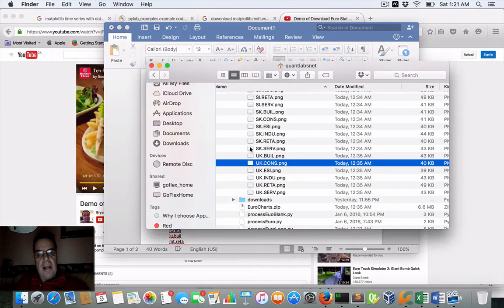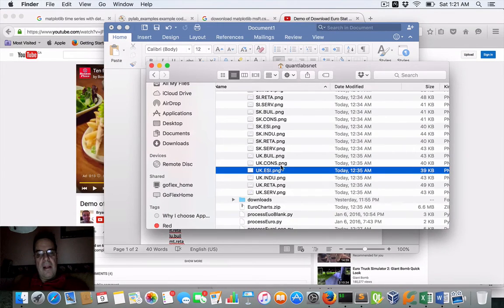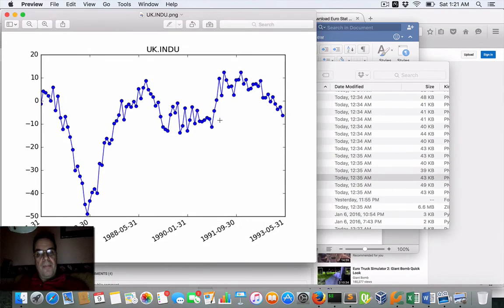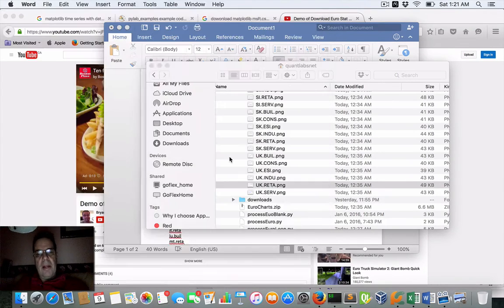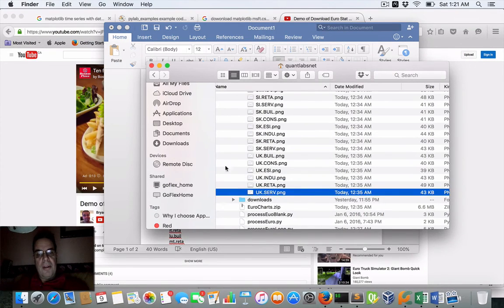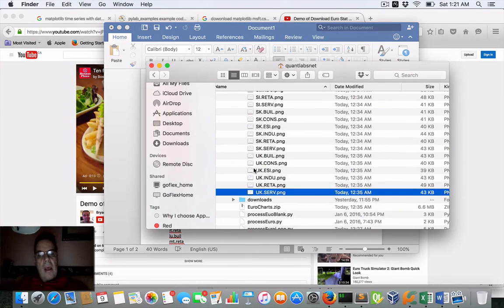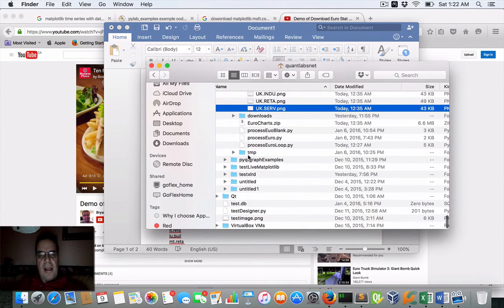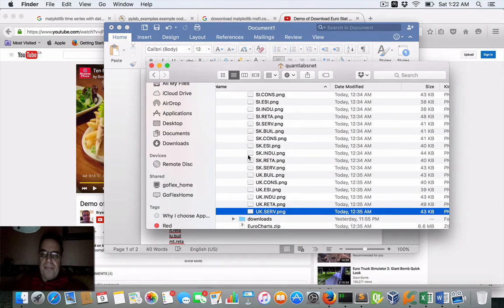Consumers slightly declining. Overall, on the ESI, it's a slight decline. Industrial declining. Retail seems to be declining. It's not trending up like it was. And the services, not so strong. So it does confirm the theory that this does work. And again, this data with the ESI is basically forward looking. So it's very good to forecast stuff.